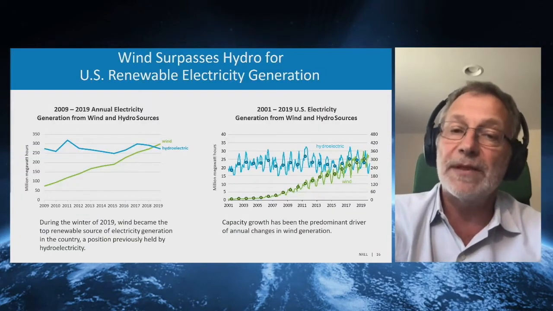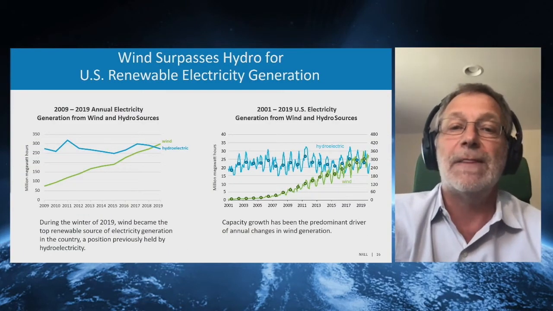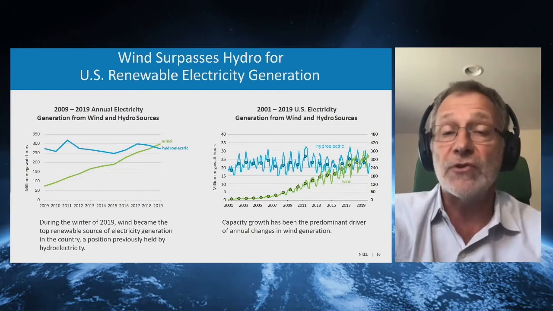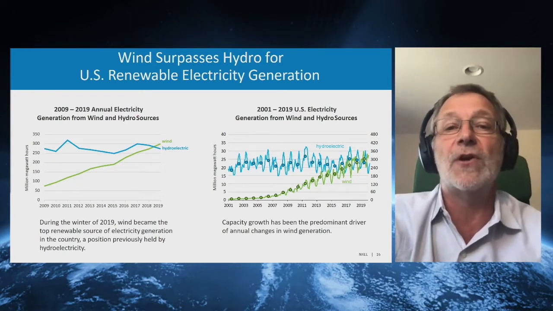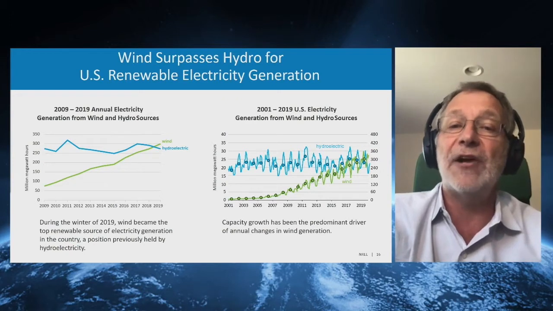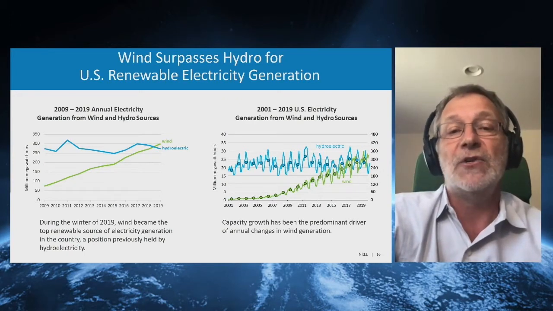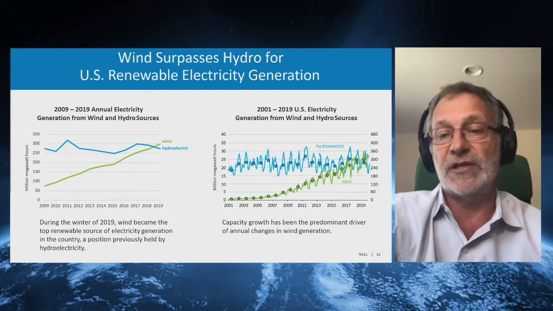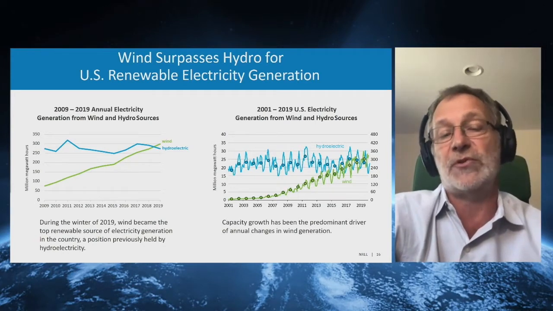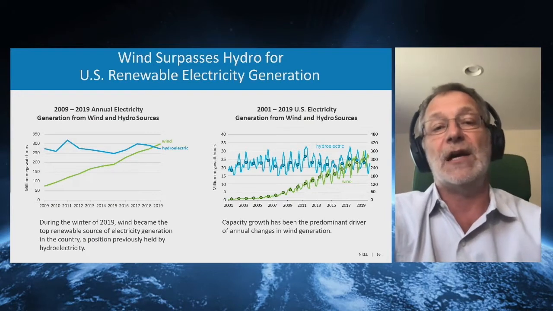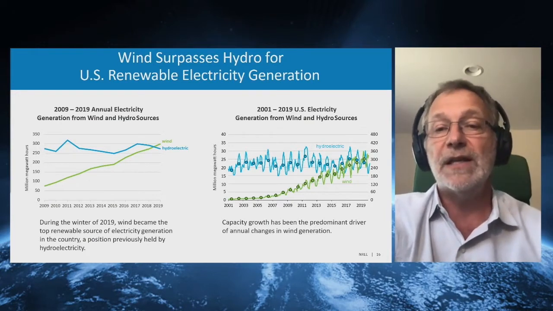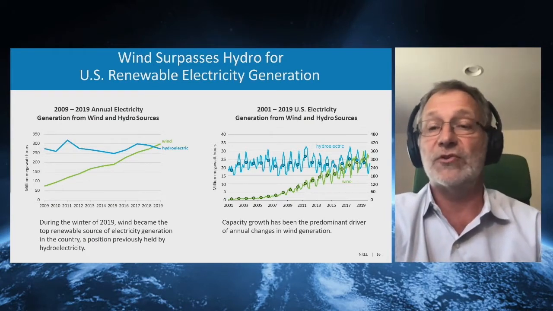To show you a little bit of the power where wind is right now: for the first time, earlier this year or last year, wind surpassed hydro production on the renewable side. So now wind is the biggest producer of electricity in the renewable sector. So far it was always water, or hydro, and now wind surpassed this. So wind is growing, and wind continues to grow.